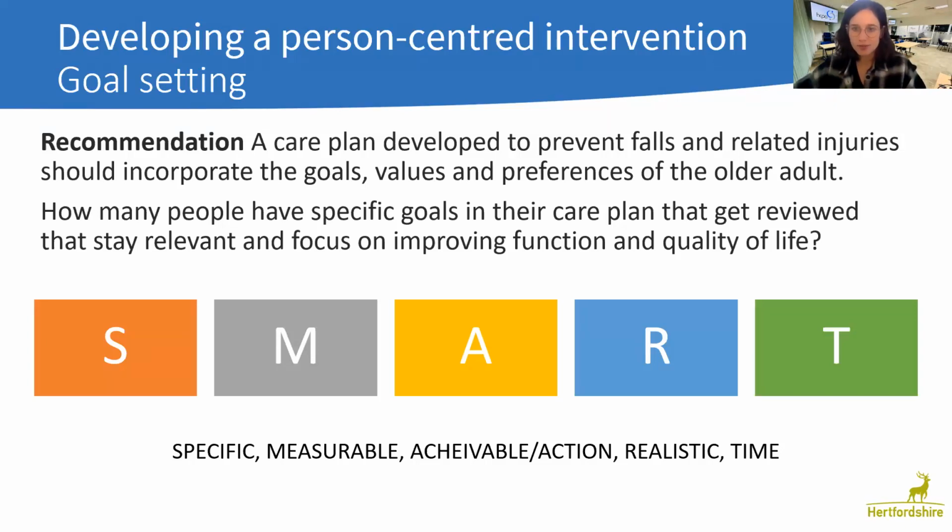Achievable or action. So to be successful, we need control over those steps and to be able to achieve that goal, of course. Realistic. We stay motivated and avoid overwhelm or unnecessary stress if we're trying to reach something that is just not realistic. That's stressful. And then lastly, putting a time on it. So what is our end goal? And you could have something really long term, it might take a year, or short term goals that are within that year, but specific to function and quality of life.